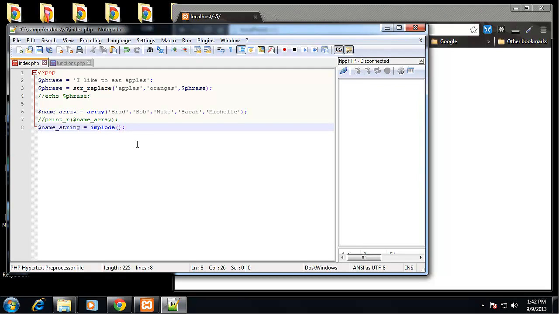Now when we implode an array, it takes two parameters. The first one is, what do we want to separate each value with? So we need to put this in quotes, and let's just say we want them separated with a comma. The next parameter, so I'm putting this comma here so that we can put in the next parameter, is the array. In this case, it's name array. So now if we come down and echo out name string,